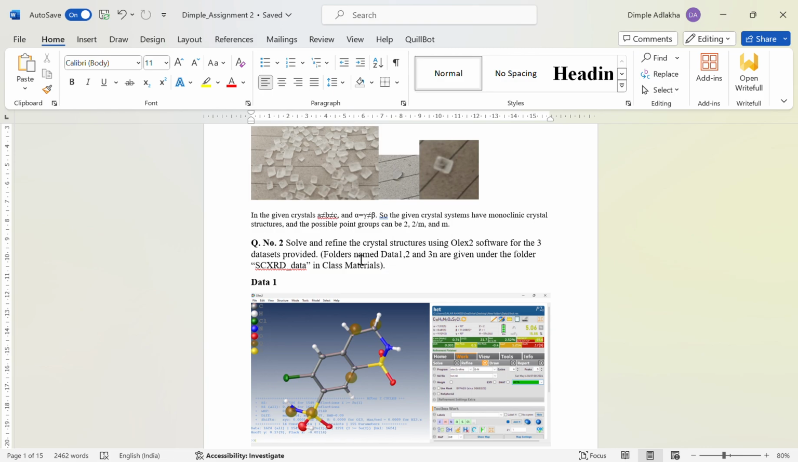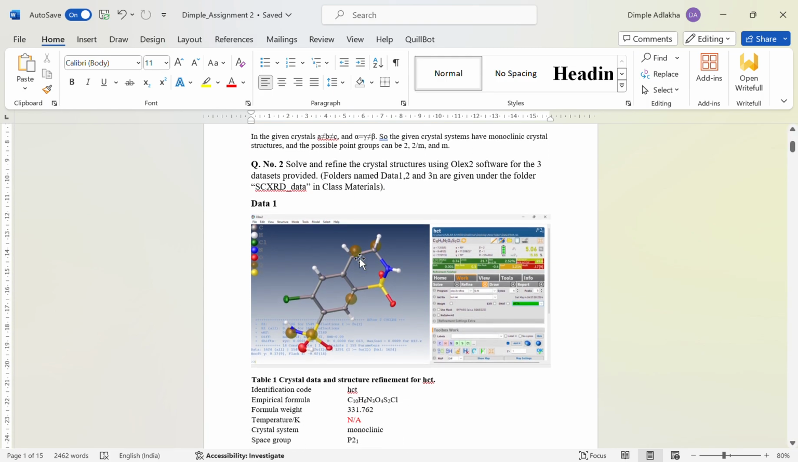The next question was to solve and refine the crystal structures using the OLEX2 software for the 3 data sets which were provided to us: data 1, 2 and 3. To solve the crystal structure using the OLEX2 software, first we downloaded the software and then we opened data 1 in OLEX2. We obtained a gray ball-like structure, and then we assigned the atoms to those balls according to the molecular formula,